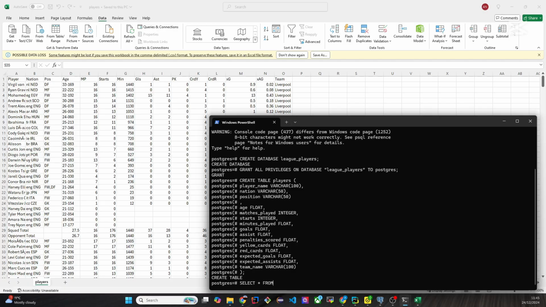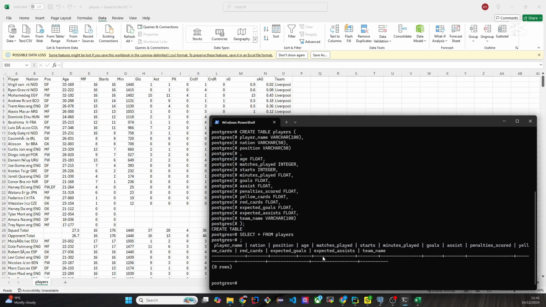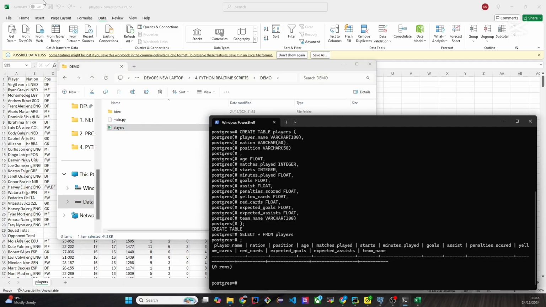Select star from players. We have an empty table now. So the next thing is we need to copy this Excel sheet inside the database. So for that, we'll use a backslash, copy